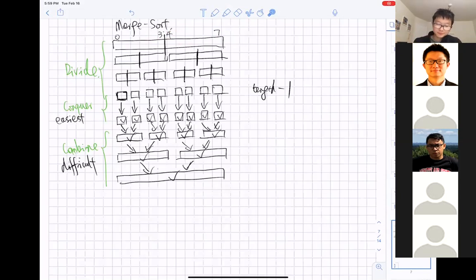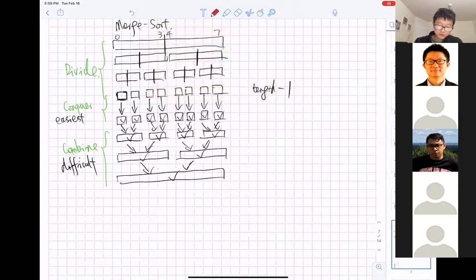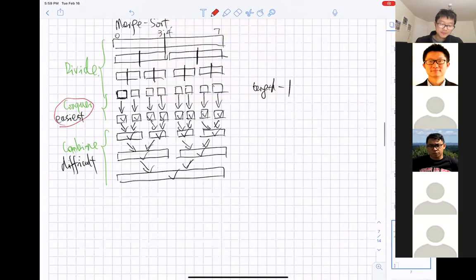So here, because we do nothing in the conquer, there is no function for the conquer. The most difficult part is in the combine, and we have an algorithm named merge to help us do the combine step.